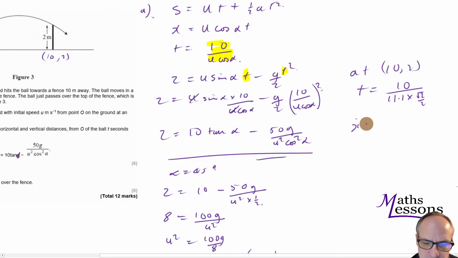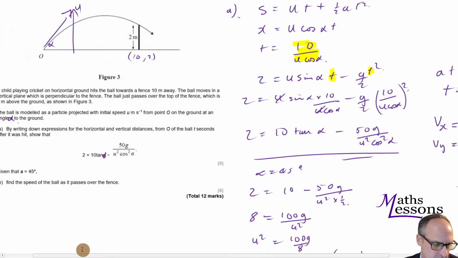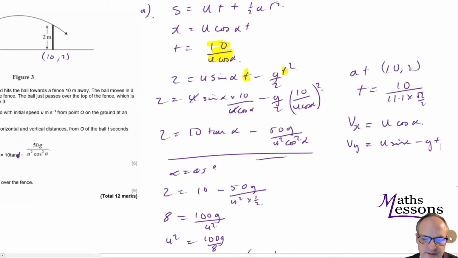Let's not use the same notation we've been using. x dot is another version of the velocity in the x direction, so I'm going to use v in the x direction, which will be equal to u cos alpha, and my v in the y direction is equal to u sine alpha minus gt. I've got to use these two to find the speed at which it passes over the fence, because I find the velocity at which it passes over the fence and take the magnitude of that,